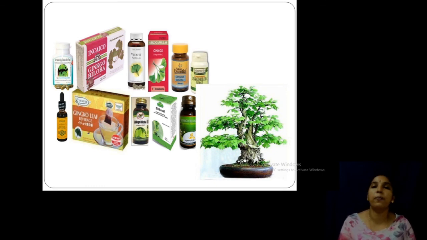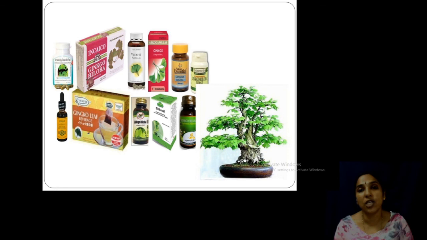In India now people are cultivating this, and trying to conserve these plants in botanical gardens. It was really a surprise when I visited the botanical garden of Delhi University and saw this Ginkgo biloba. In our early PG classes, we saw it only in textbook images. Now it is available for you to look at images on the internet, live on YouTube and so on. At that time there were no such provisions, so I wondered when seeing this plant on the Delhi University campus. I hope you may also get such an experience of seeing Ginkgo live.